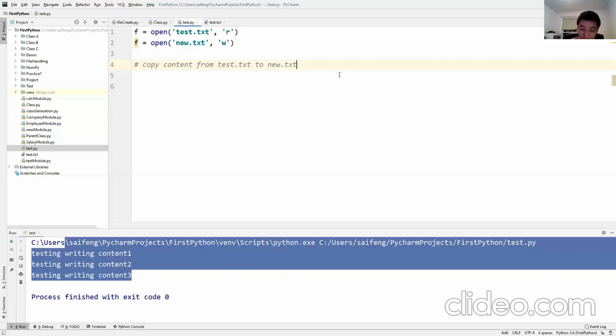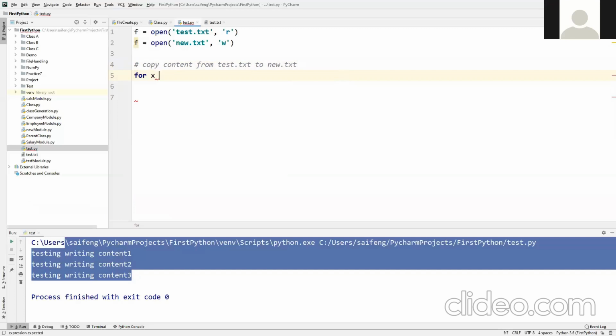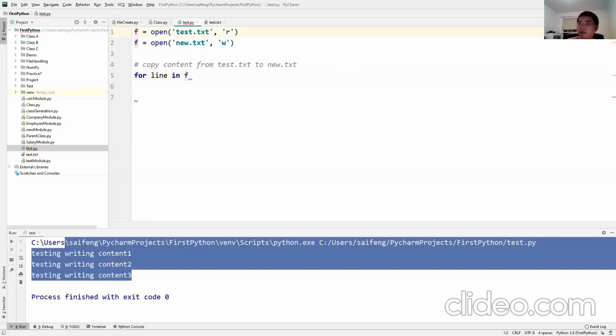Here we just said, how can we loop every line in the file? We're in the loop. For line in F, of course, you need to put a different name, F source and F target, because they're different files.